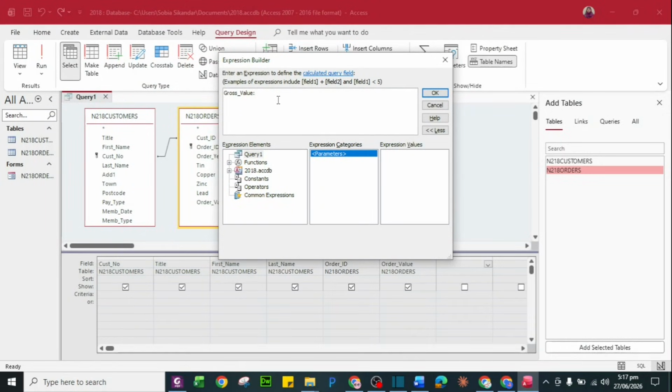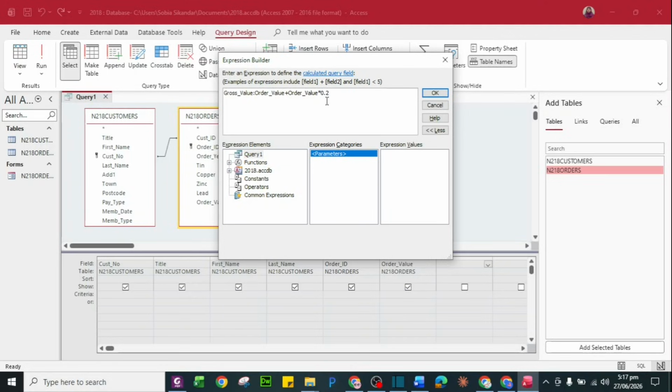So put a colon sign, then order value, and then we will add it with one more order value and 20% of it.